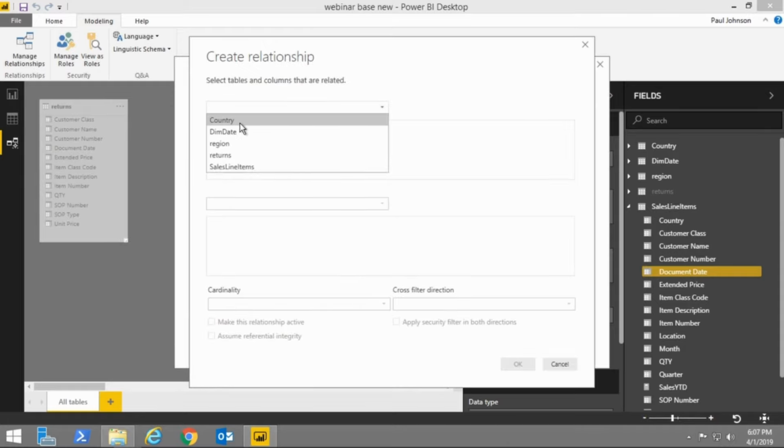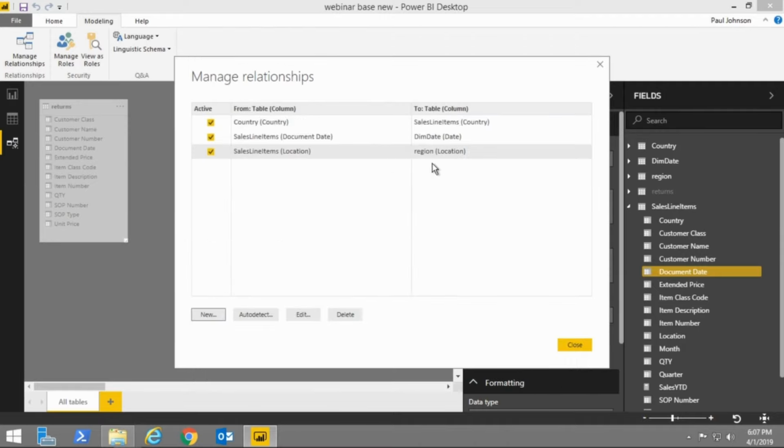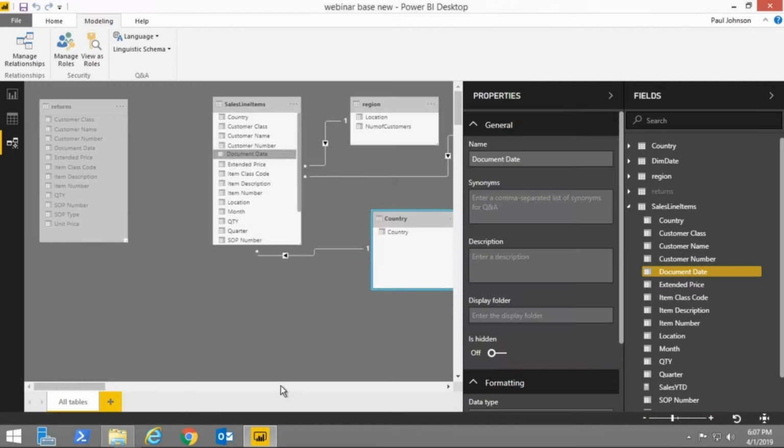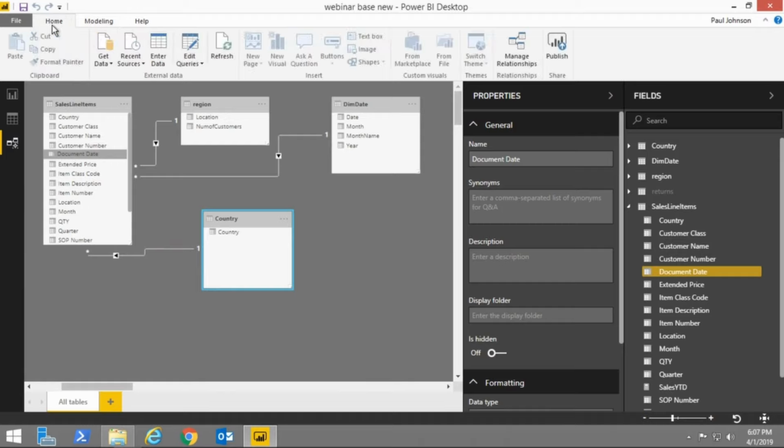So creating a new relationship, I want country. So country column, create a relationship to our sales line items table, country. As you can see, it's found that column, one-to-many relationship, and hit OK at this point. So it's created that relationship for us. And I can close that. It's also created the nice line for us, and so that's where I wanted to stop today in regards to creating time-based calculations, creating dimension tables, working with